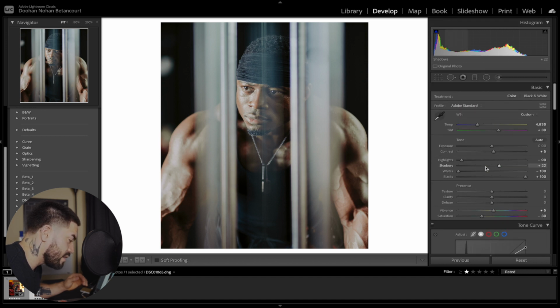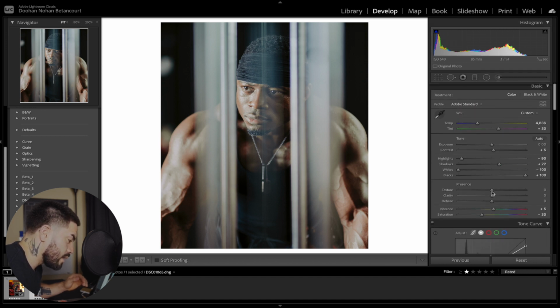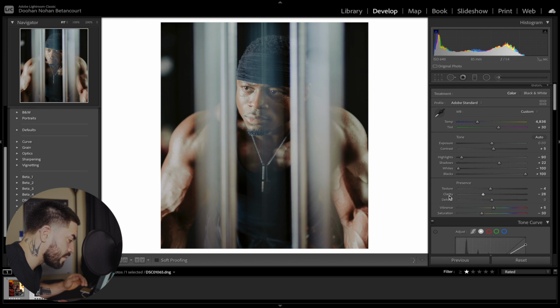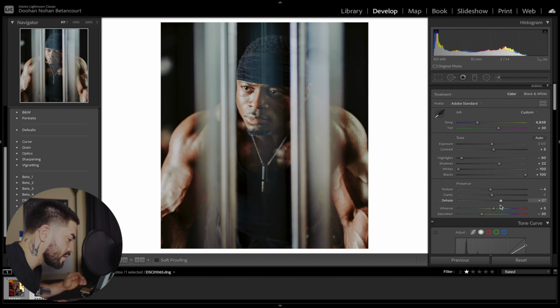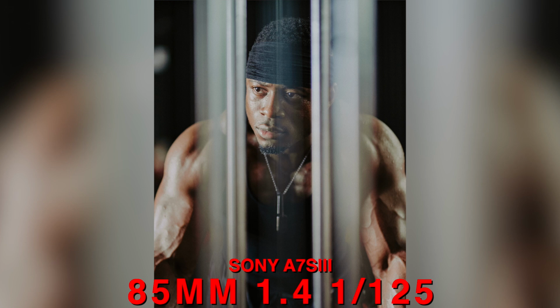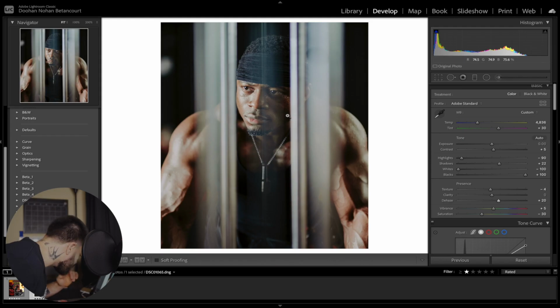And overall, that is a solid picture. Let's mess around with the texture and just see what's popping. See what we like, if we like anything. Nothing clearly. Ooh, okay. Bring down the dehaze just a little bit. Bring it up, actually. Probably 30? What does that look like? Ooh, okay. Let's bring that down to like 20. 20 should be good. That's perfect. And then boom, that's a solid IG post worthy picture right there.